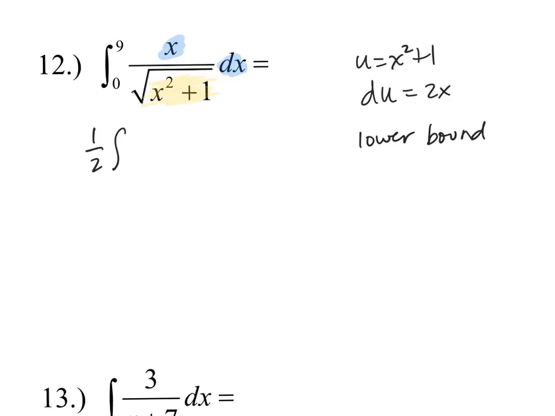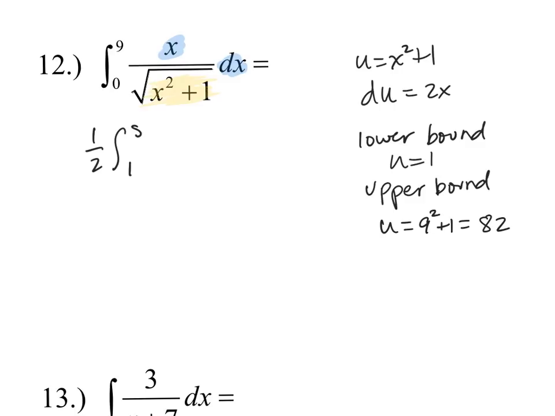Then for our upper u bound, we take 9 and put it in for x. So that upper u bound would be 9 squared plus 1, which is 81 plus 1, or 82. So our new bounds go from 1